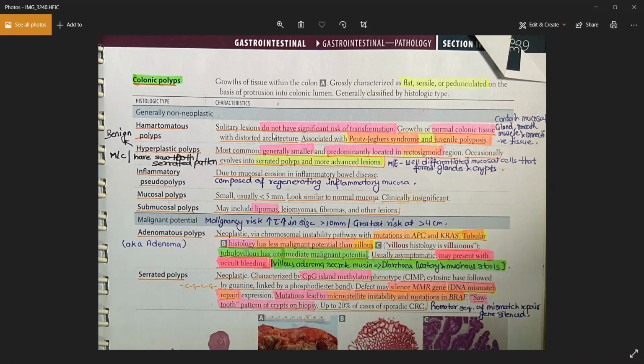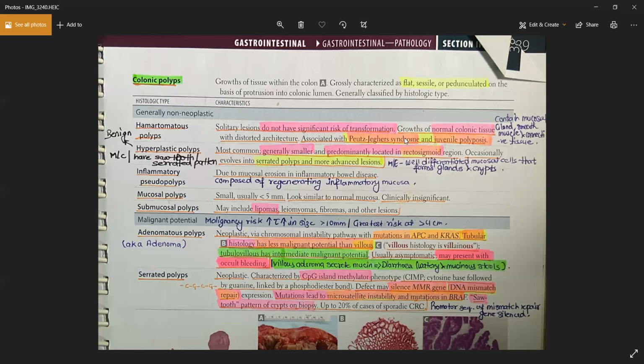Yes. Please remember, you will have normal tissues, but in a very distorted manner. The architecture will be very abnormal, but everything else will be normal. The second one is the hyperplastic polyps, and they generally happen in the rectosigmoid junction. Very important: these are the most common type of polyps, and they are most commonly present in the rectosigmoid